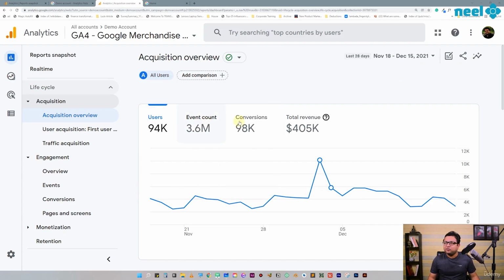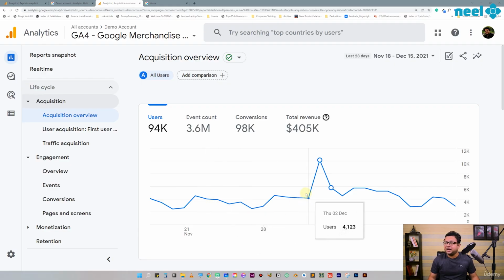Okay, so there are 4 options over here that you see, isn't it? And the first option is users. Okay, and this is what we will concentrate on in this section of traffic. Okay, we have conversions that we'll go to in the later sections. We have got event count again in the later sections. Right now it is traffic. Okay, and users are showing up in this line over here. So this line represents the daily number of users who are visiting this particular website, Google Merchandise Store. Okay, and you will see that on Monday, 22nd November, the users are 4521, and on Tuesday they are